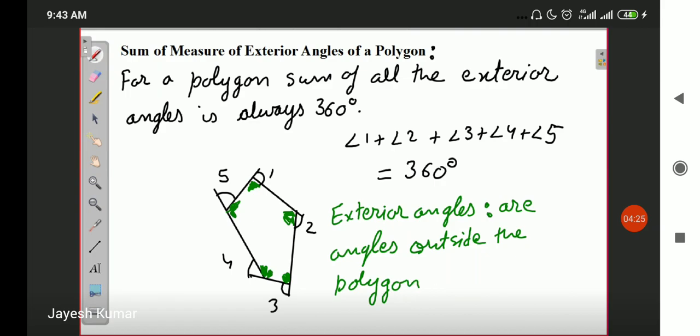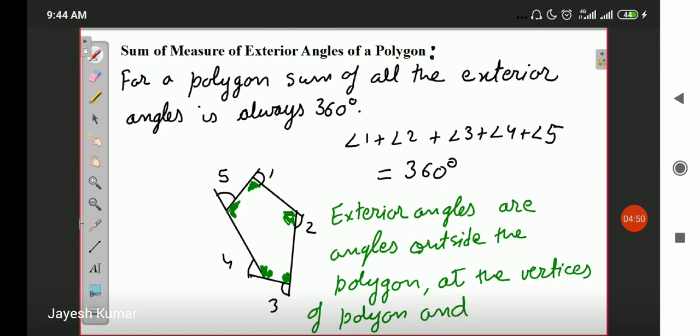Exterior angles are angles outside the polygon at the vertices of the polygon. Okay, two things: outside the polygon, at the vertices of the polygon, and the most crucial part,